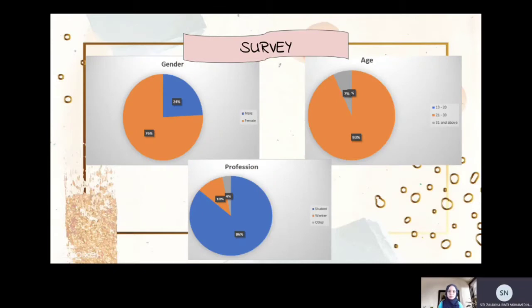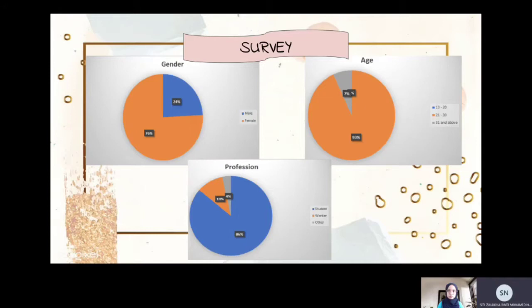Before we create the system, we do the survey. In this survey, we got the result that 24% of those who did the survey are male and 76% female. For the age of 13 to 20 years, there is no one of that age.